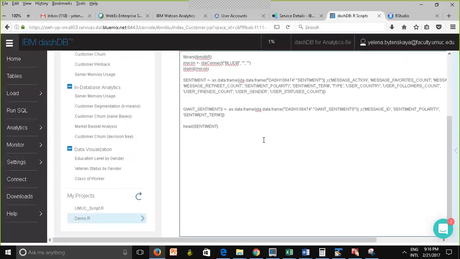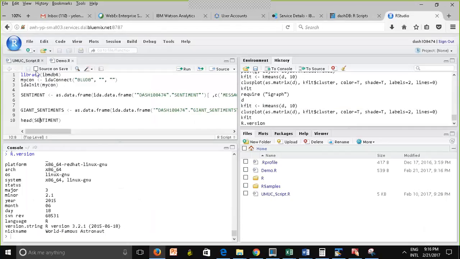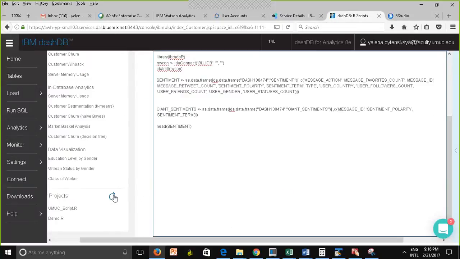One of you pointed out that the script was working in R but was not working in the R interface. It's because when you make a change, you need to save it. That's number one. Number two, you have to reload this, refresh, and reopen the script. You have to click on it to open it again. You just need to do that. And similarly here, if I make a change, I have to save it and then reload here.